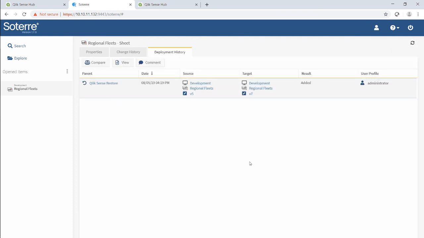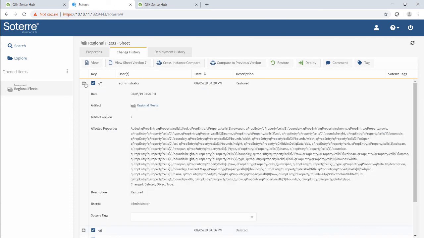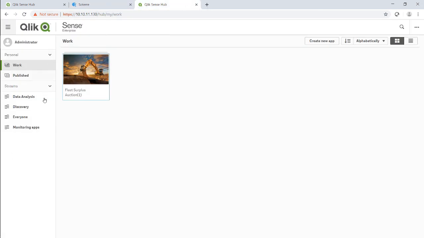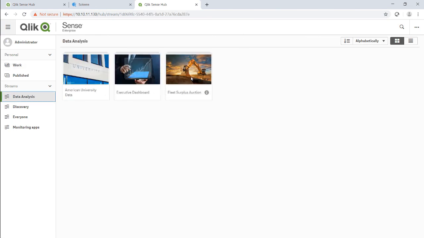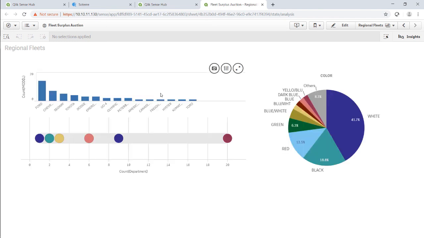So the restore job has completed, and if we look at change history now that this is completed, you'll see that there's a version 7 of this sheet, and what have we done with version 7? We've restored version 5. And so now if I go back to my Qlik Sense hub, to my Fleet Surplus Auction app, and we open the app up, you'll see that we got this regional sheet back, and everything,